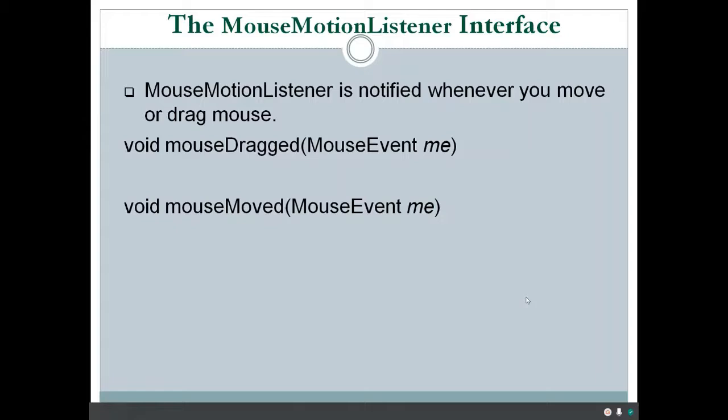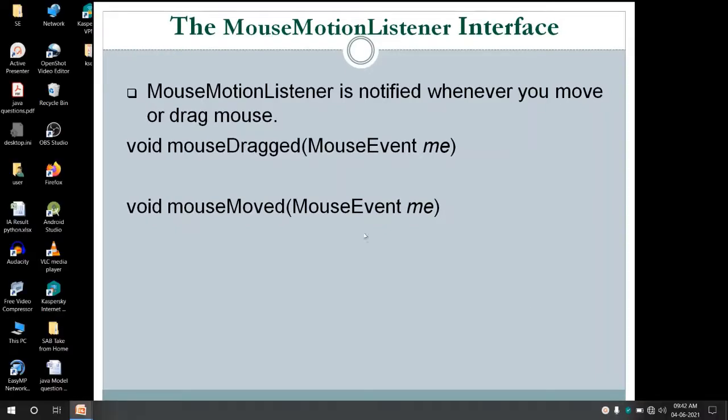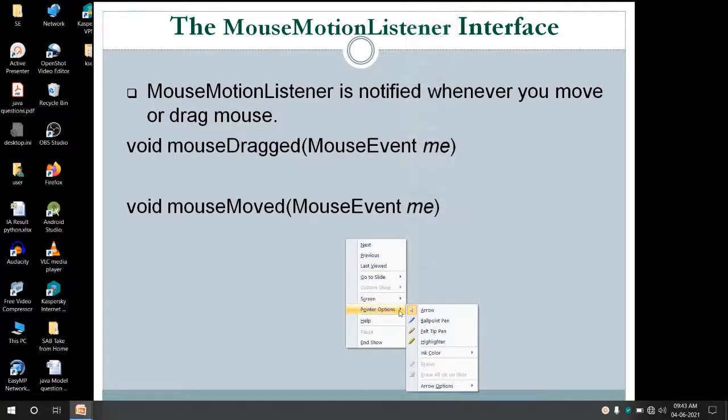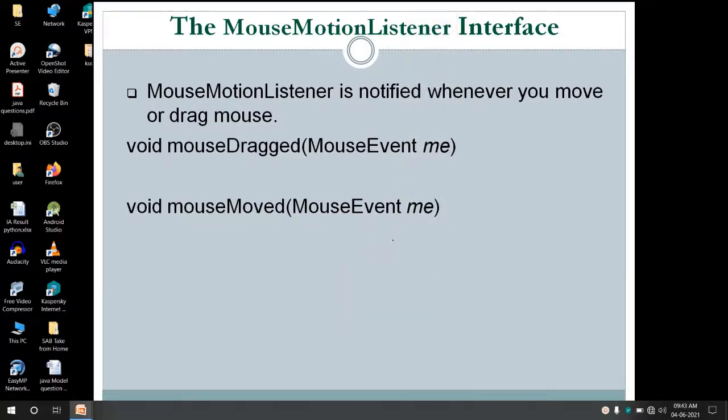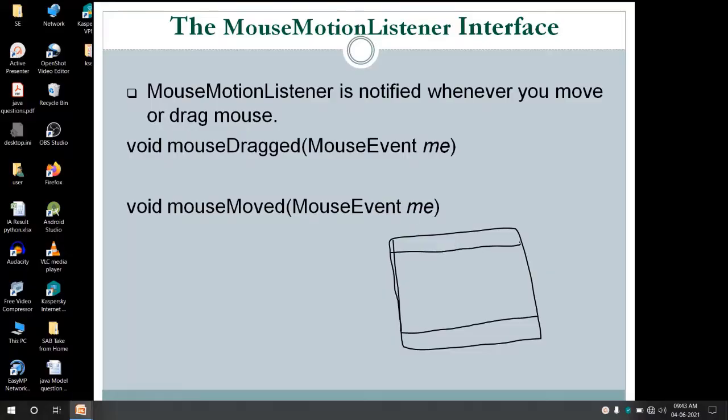Okay, so let us understand this mouse motion listener interface and its methods with an example. In this example program we will create a GUI something like this with an applet screen. There will be a status bar, and this is the title location of the applet screen.